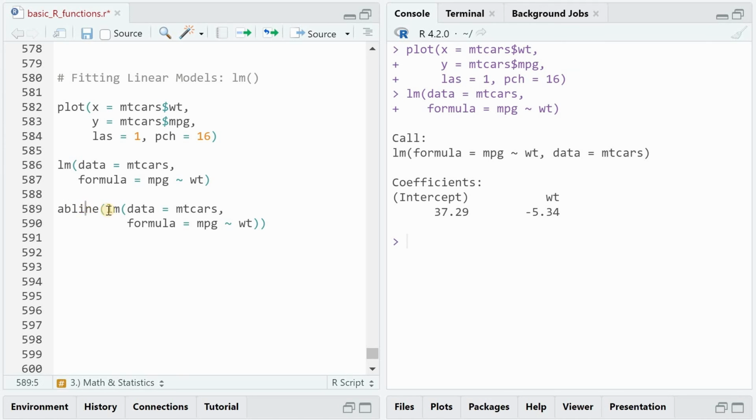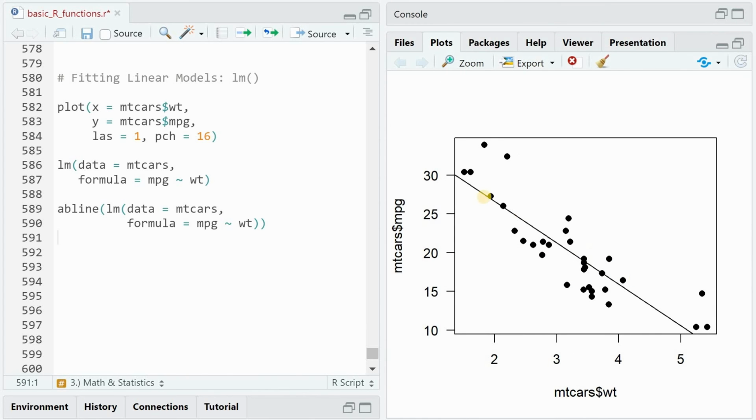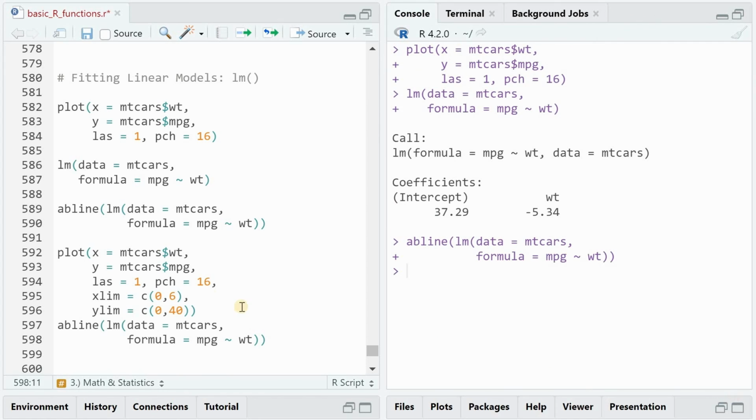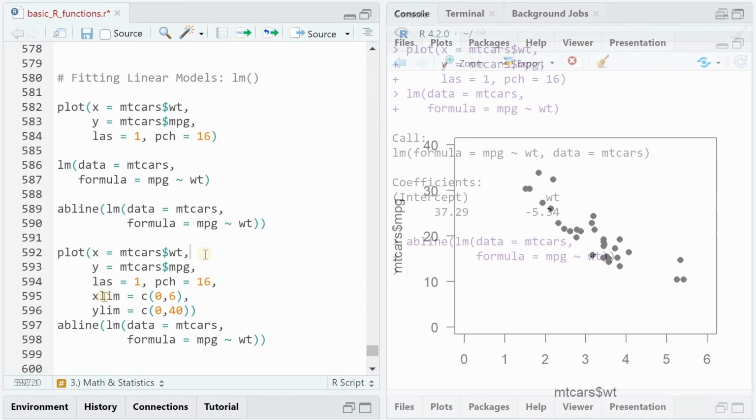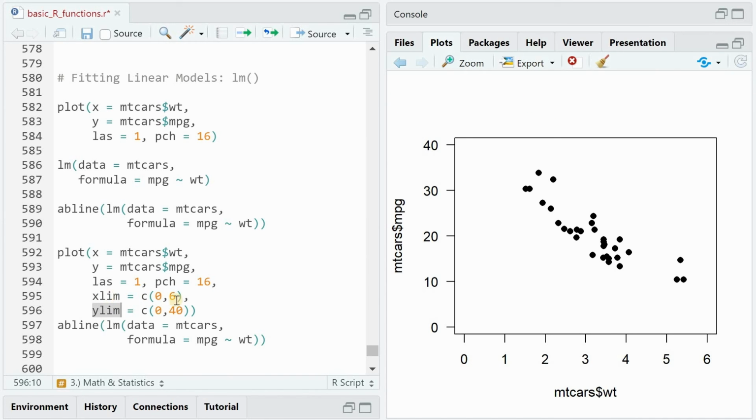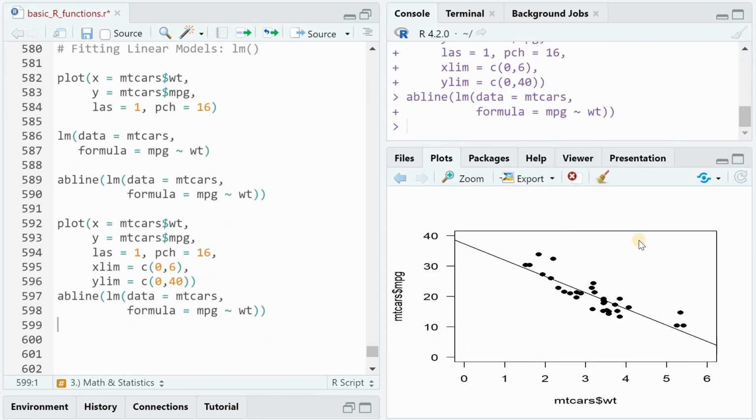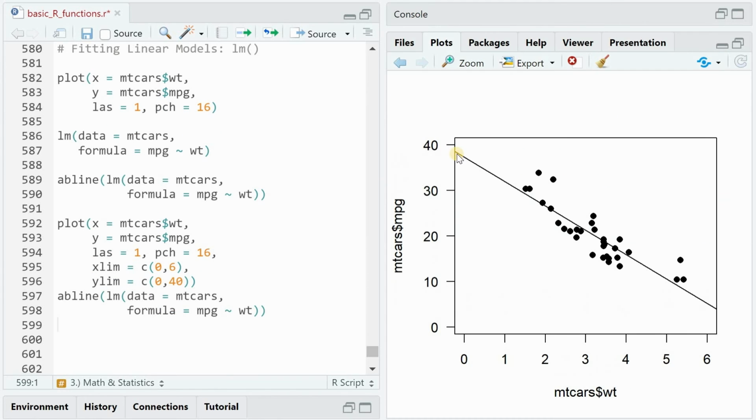And what's useful is there's the abline function where you can use this linear model with the intercept and the slope directly in your plot. So now that's a line with a y-intercept of 37 and a slope of -5. And we can visualize this a little bit better by using the xlim and the ylim function arguments, which stand for the limits of your x-axis. We set it from 0 to 6, and for the y-axis we go from 0 to 40. And now if we add the abline, we see that it intercepts at 37 and then goes down with the